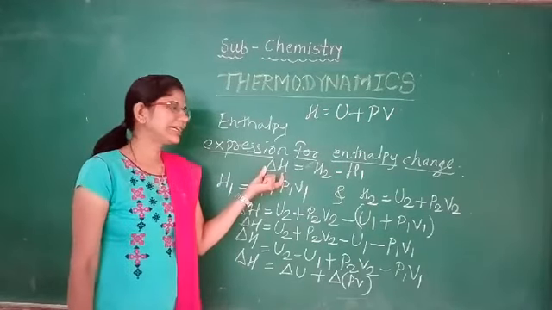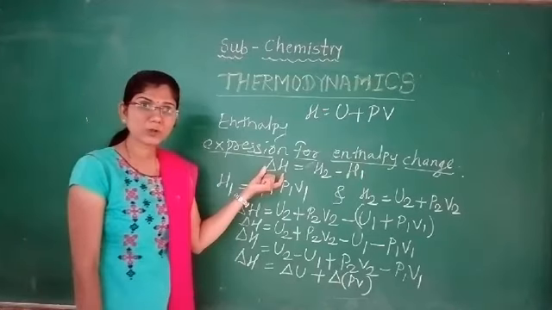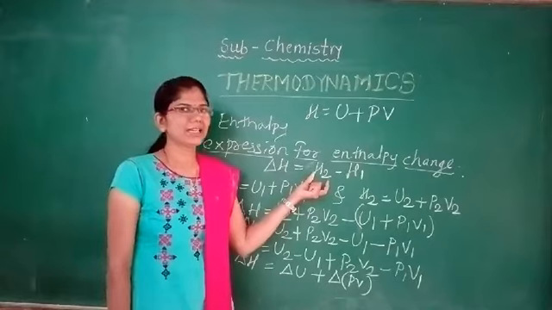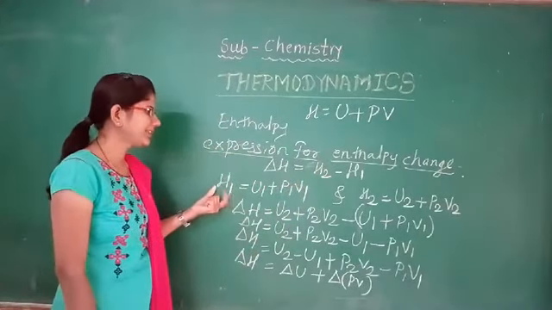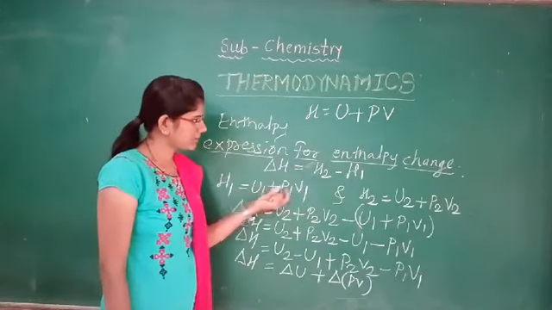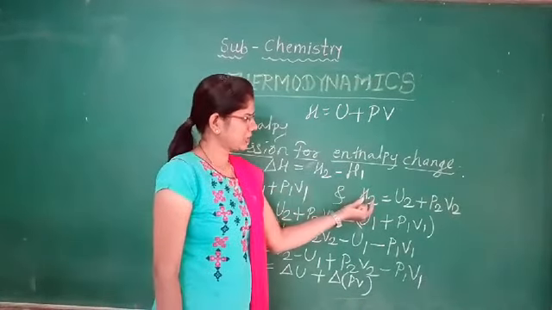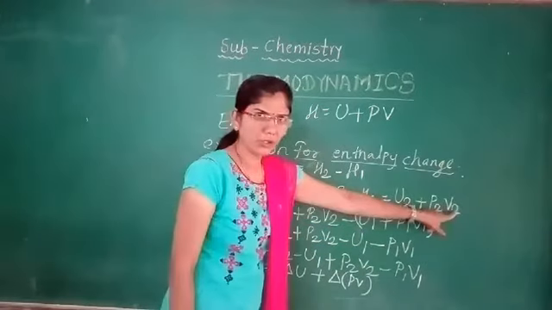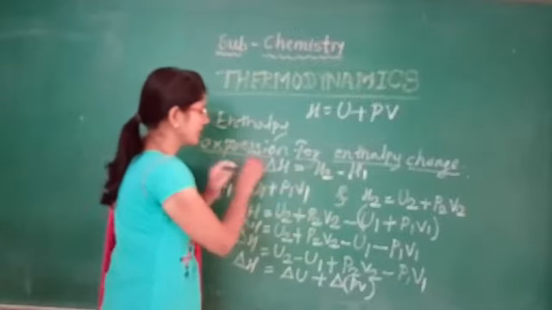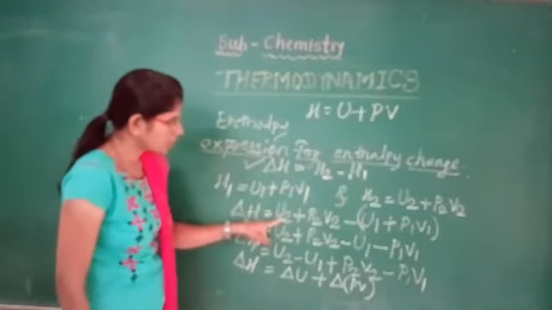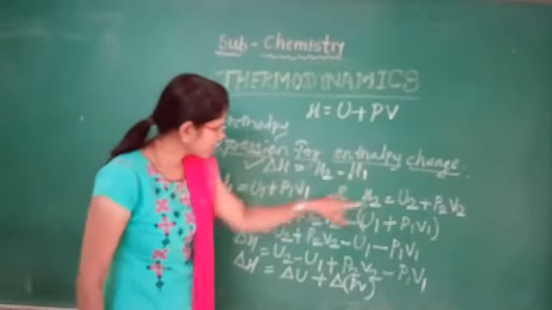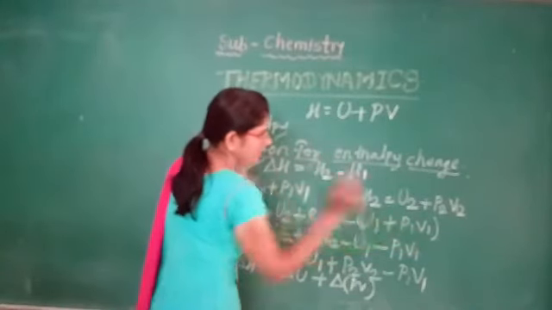Delta H, the change in enthalpy, is also a state function, meaning it depends on the final and initial enthalpies. Suppose we take the initial state as H1, which is equal to U1 plus P1 V1, and H2 equal to U2 plus P2 V2. Next, we put all these H1 and H2 values in the change in enthalpy expression. Then it becomes U2 plus P2 V2 minus, H1 meaning, U1 plus P1 V1.